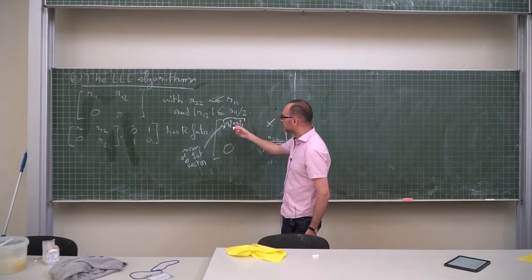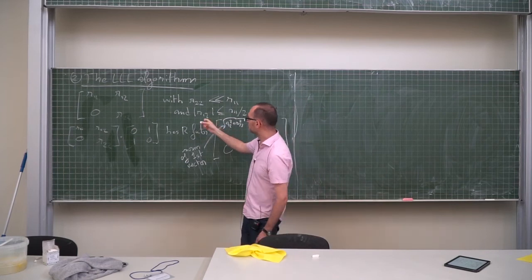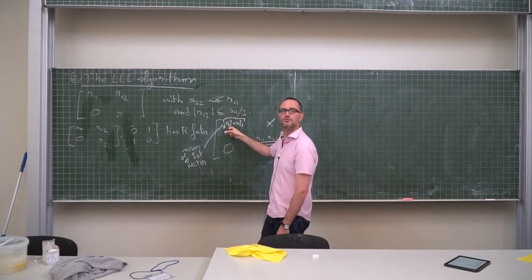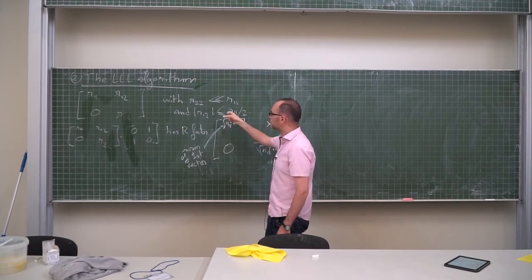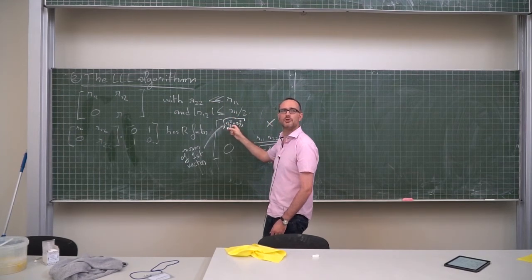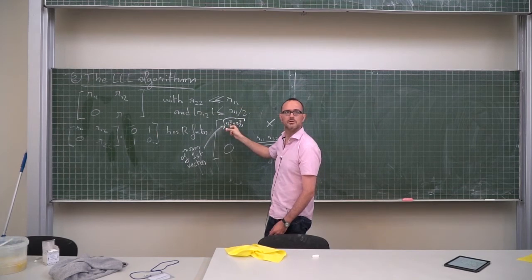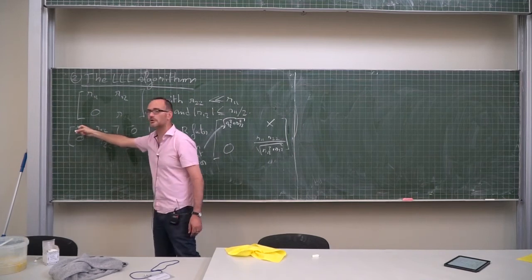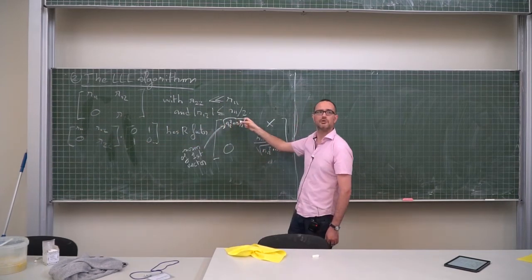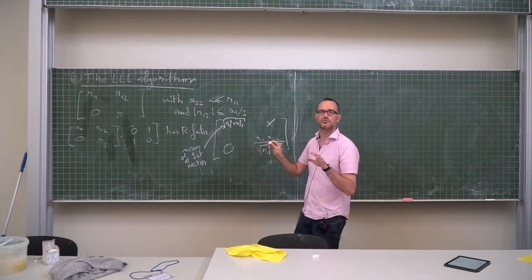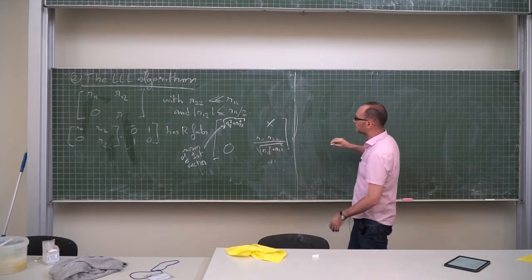Okay, so now what happened with this one? So I'm assuming that R12 is smaller than R11 over 2. So this is somewhat small compared to R11. And R22, I assume that it was very small compared to R11. So overall, this thing is quite small compared to R11. And that's why I win, because I've managed to go from R11 to something which is smaller than R11. So I've made the large coefficient a little bit smaller and the small coefficient a little bit larger, because the product is constant.